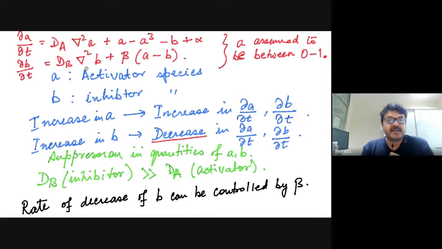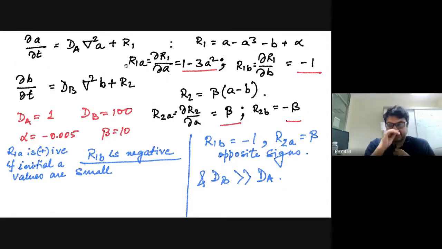So if you have high beta, del B del T will increase at a fast rate, and if beta is small, it will decrease at a slower rate, right? Furthermore, just to check, if we choose dA equal to 1, dB equal to 100, alpha equal to plus or minus 0.005, and beta equal to 10, this choice of parameters, then we can